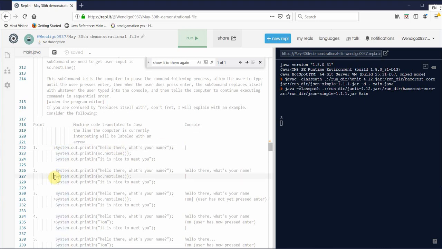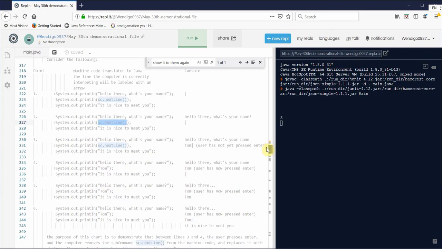At the next point in time, the computer is reading this line here. This is not part of the line. This is just an indicator I put for myself that tells me which line it's reading. And the console will look like this. It will have printed this. The rectangle will be here. And note that this command in this line is the command that gets the computer to get user input. So at the next point in time, it will still be reading this line,